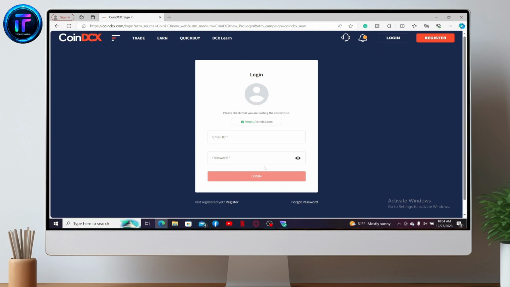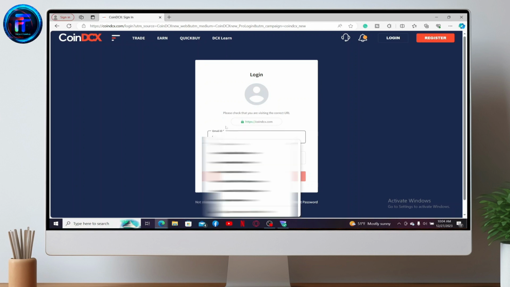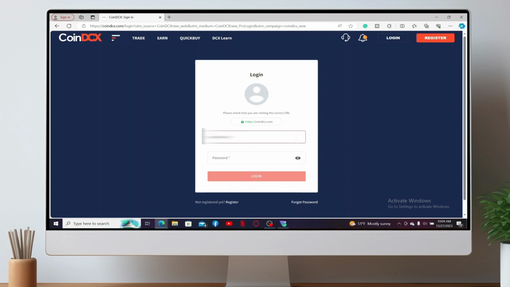To sign into your account, you will need to enter your email address associated with your COINDCX account. Make sure to use the same email that you used while registering for the account. After entering your email ID, go to the next field and type in your correct password for your account. If you don't remember your password, you can get help by clicking the Forgot Password link and following through the